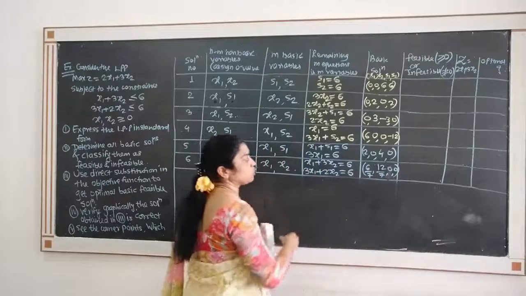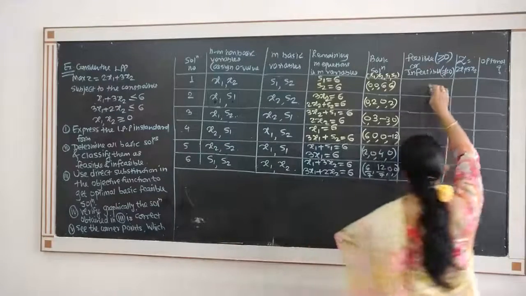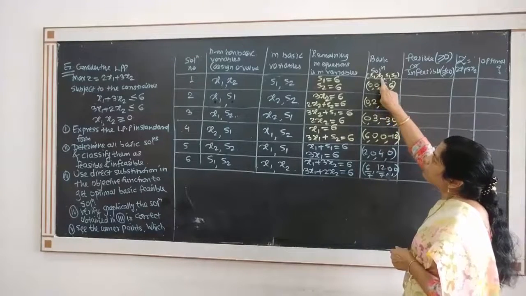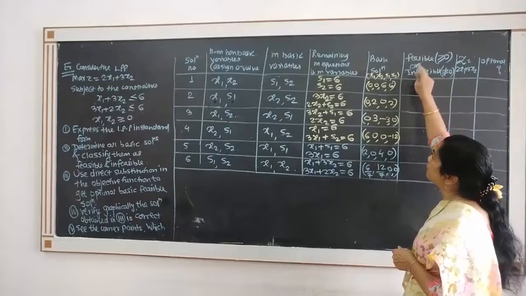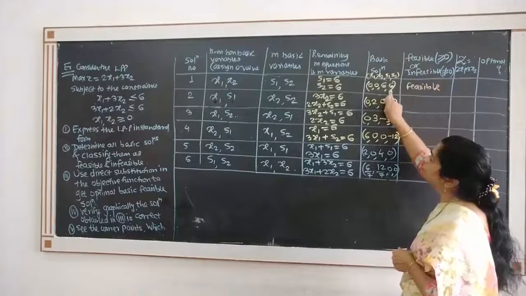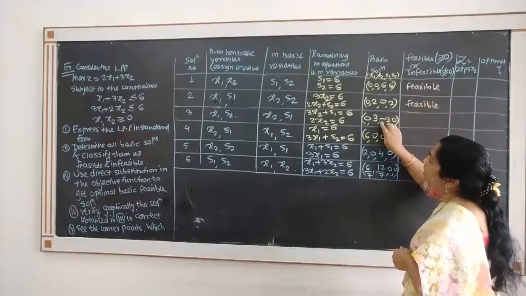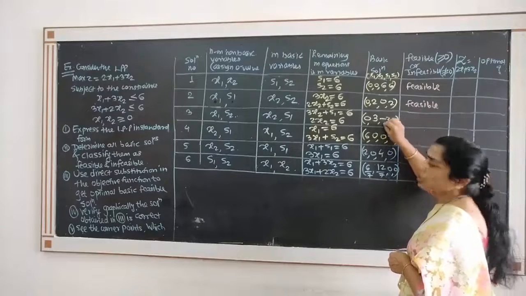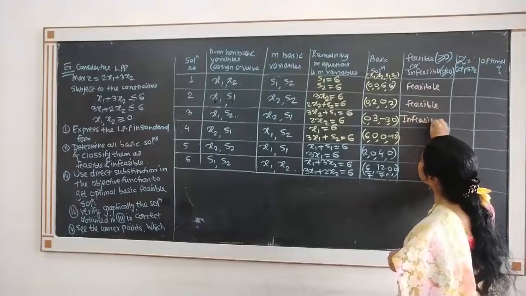So we get all the solutions. These are 6 basic solutions. Which are feasible and which are infeasible? Now observe that if all the values of the variables are greater than or equal to 0, it becomes a feasible solution. So which are feasible? The first one is feasible since all the values are greater than or equal to 0. The second one is feasible. All the values are greater than or equal to 0. This is not feasible because we get a value of minus 3 for a variable. Note that this is an infeasible solution.